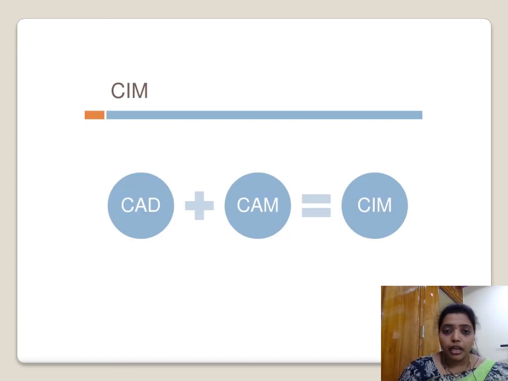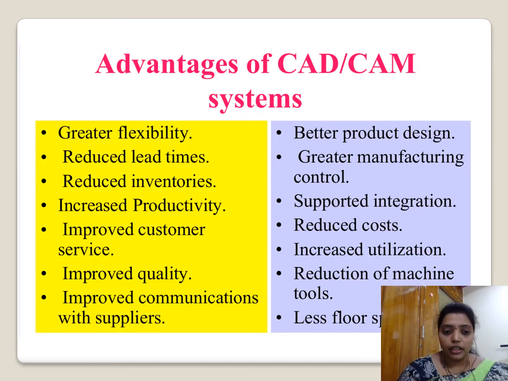In the chart form, I have explained clearly for your visualization. The combination of CAD and CAM is known as computer integrated manufacturing. Okay, here we will see what the advantages of CAD CAM systems are. The main advantages of the CAD CAM system are: